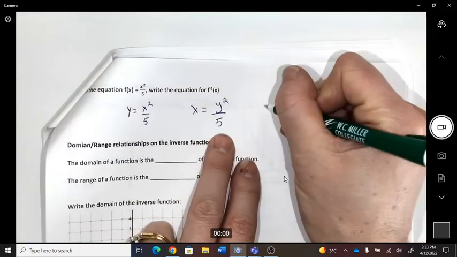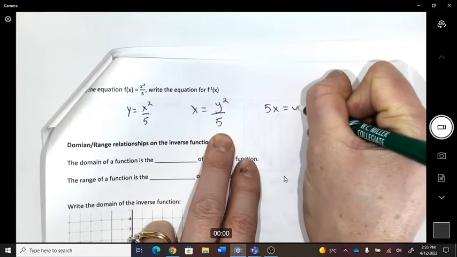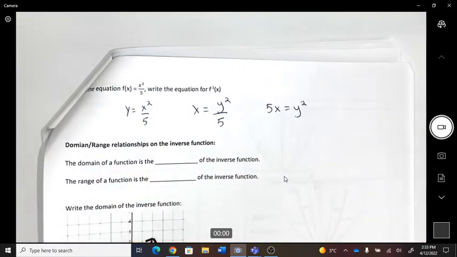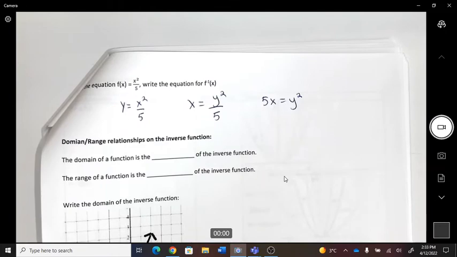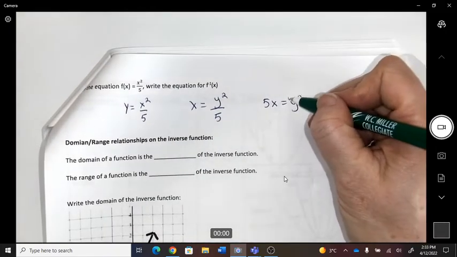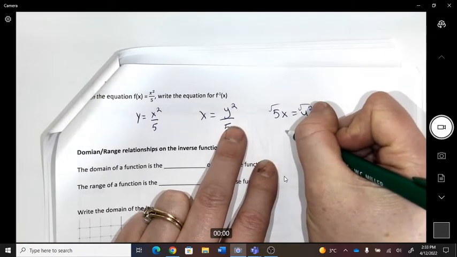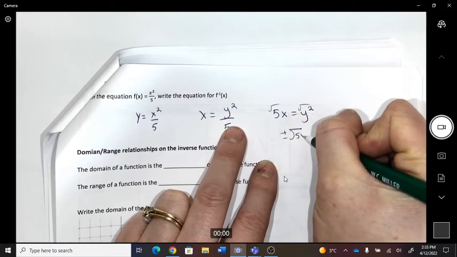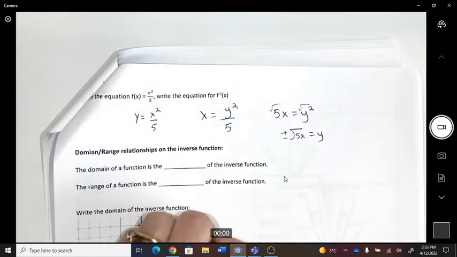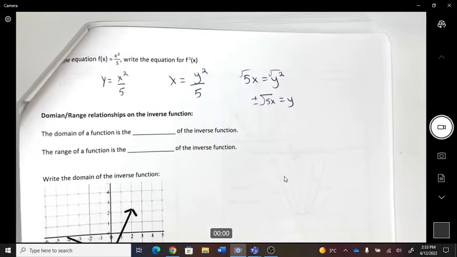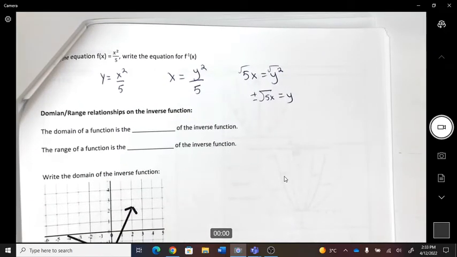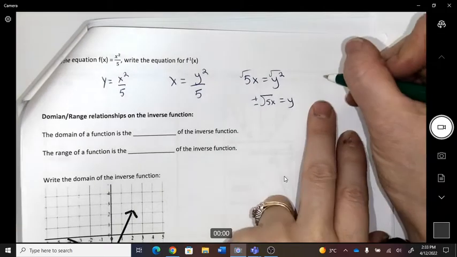Okay, so I'm going to go times by 5. Okay with that? Times by 5. And then I'm going to still need to square root. And then do you remember when you square root something like that in math? You're going to do a plus minus. Okay, but language-wise,